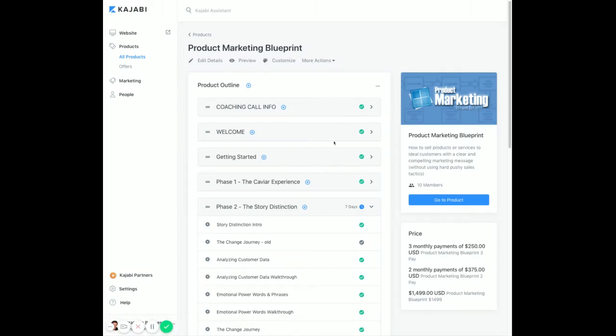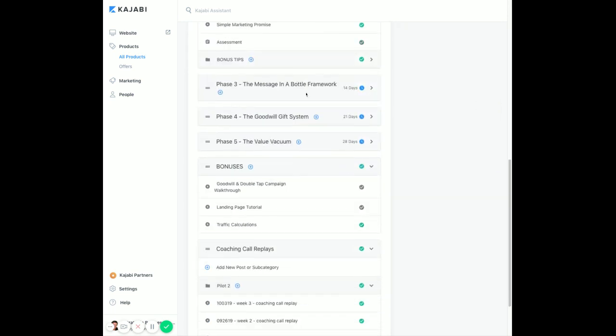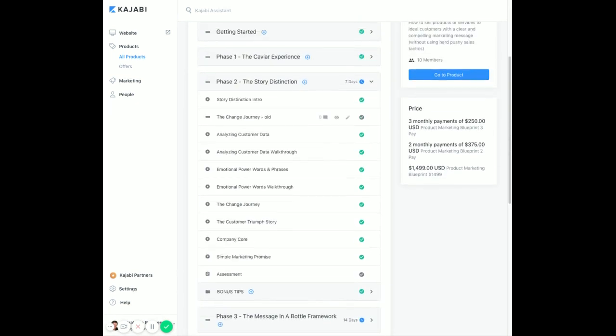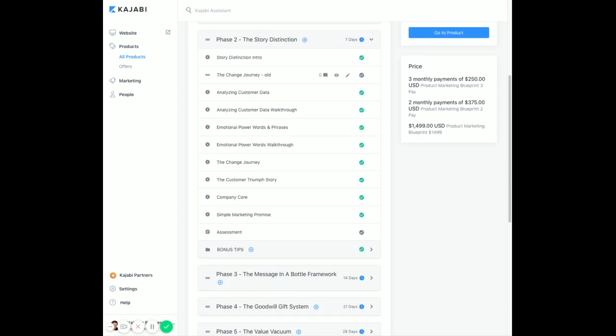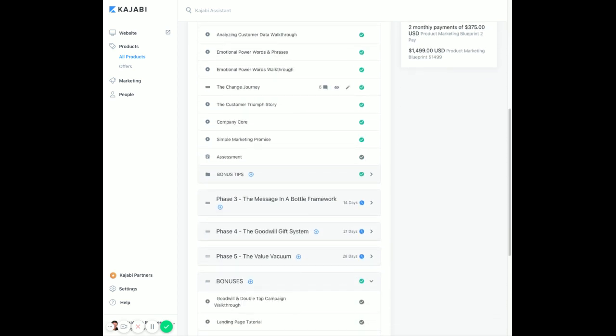Okay, so there's a couple of ways that you could move people between products, between product A and product B. This is one way of doing it. I don't know how your sales process is. I'm just going to guess here, but this is a product, right? And there's quite a few modules and lessons. But for argument's sake, I don't know when or how you want this to happen, but there's a couple of